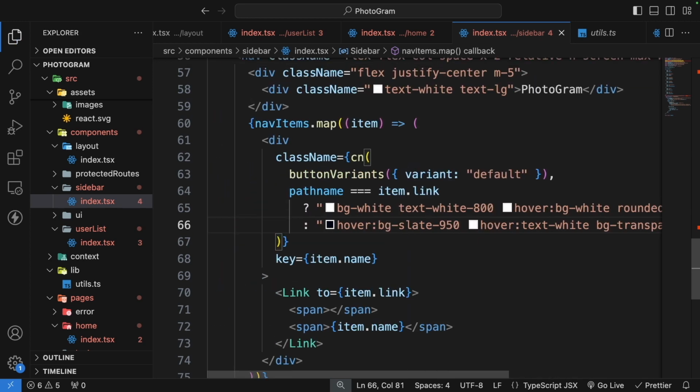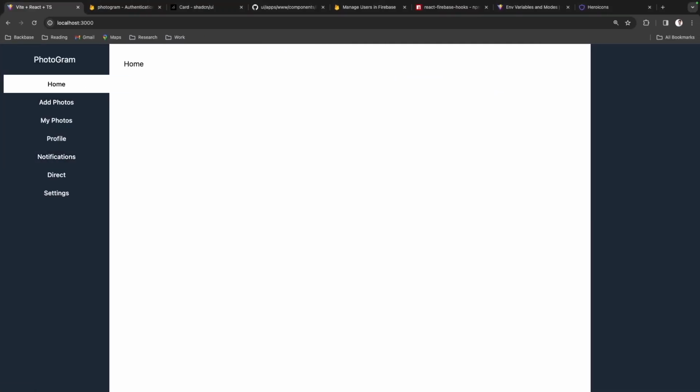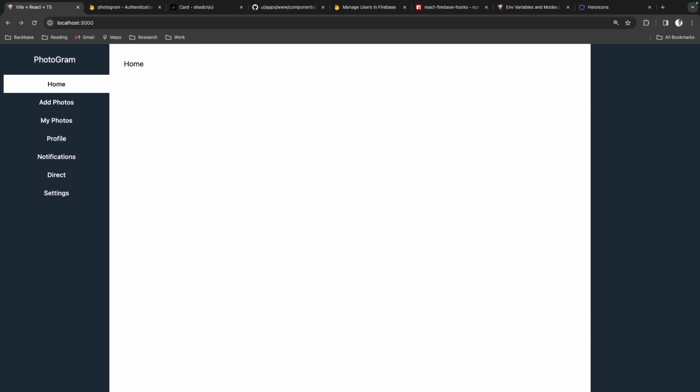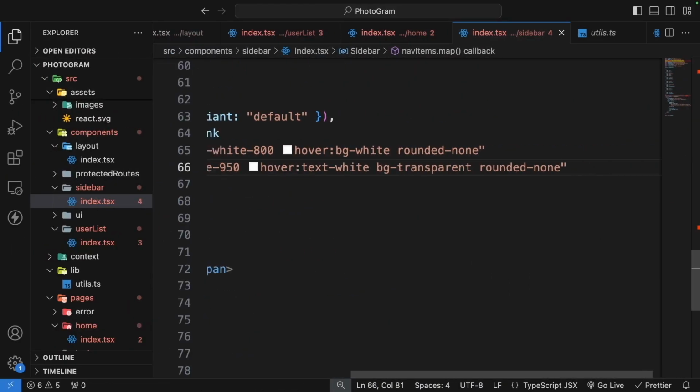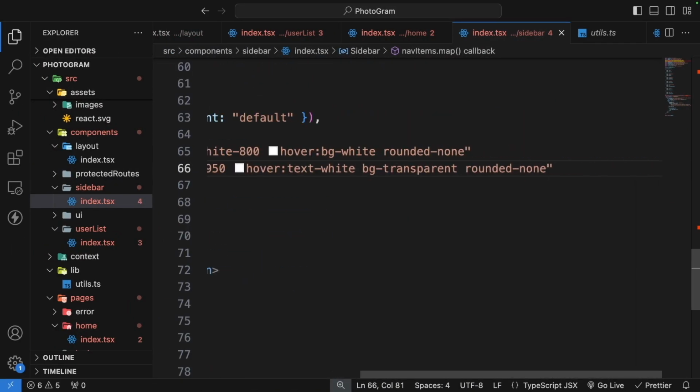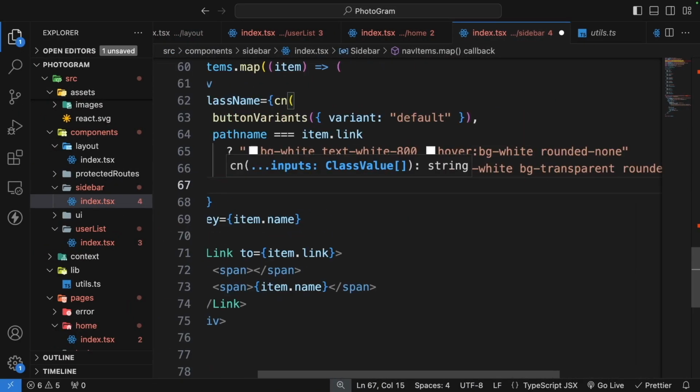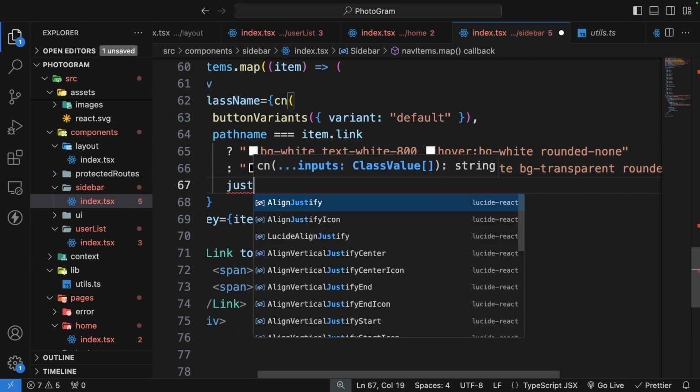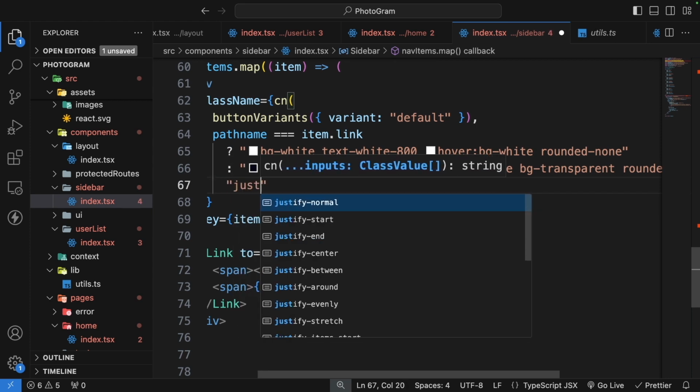All right, so we have this. If we go and check, then we see that this is the active link. If we click on add photos, then oops, we will not have it because we need to provide the layout here. All right, so for now only home we will see, and we also need to have the icon here. So let's put that. And the last class we need to add is the justify start. So I want all the menu items to be at the start, so I will have the justify